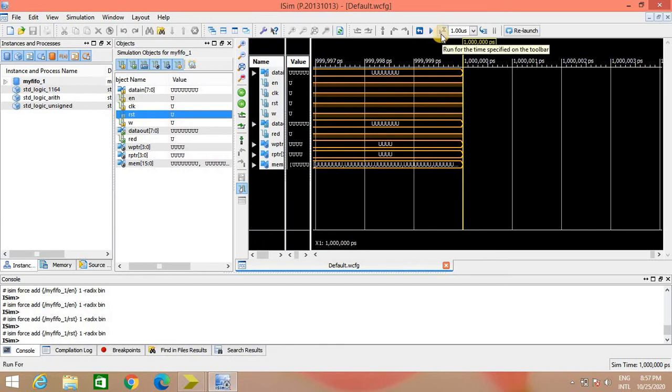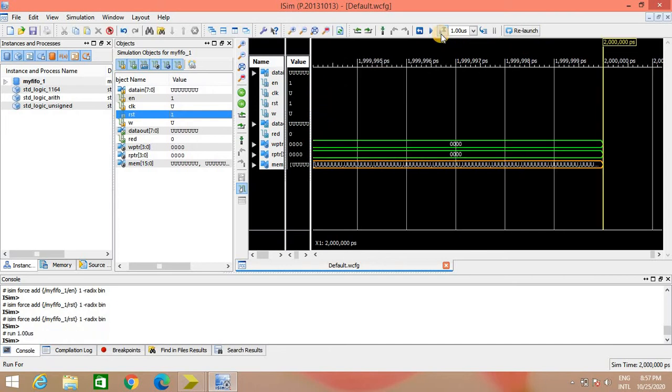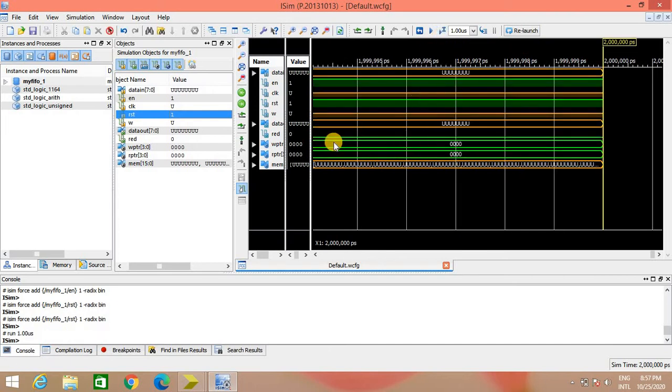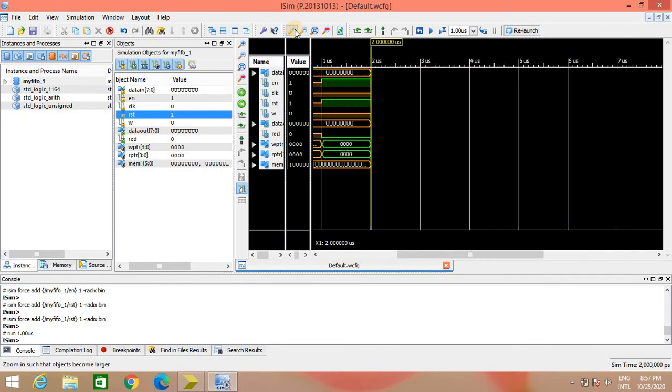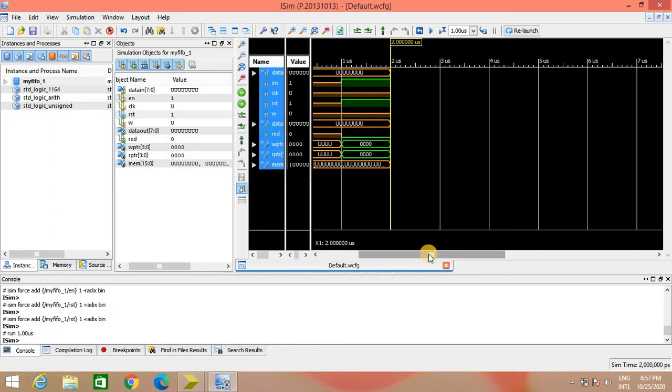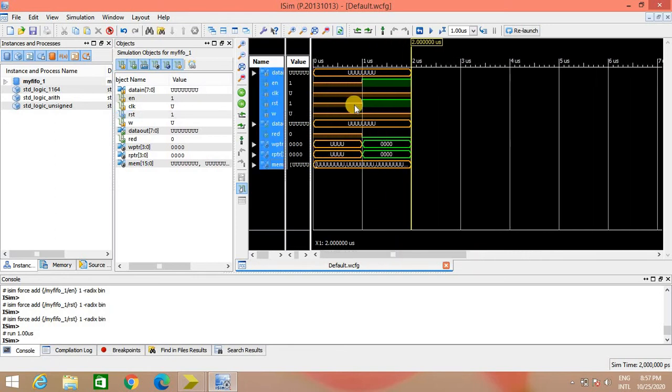Now we can go for the option run for the specified time. Now you can see over here, we will just adjust the window first, and then we will discuss the result. If you see, before we apply the reset signal, both the pointers were uninitialized.